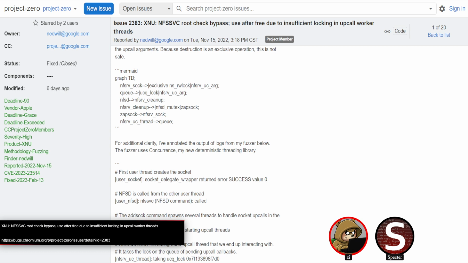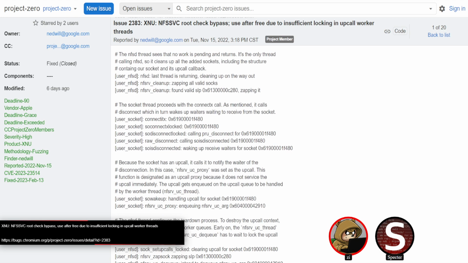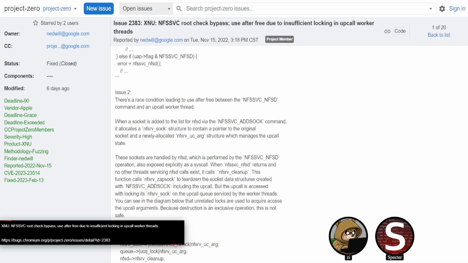effectively what it comes down to is when the NFSD thing returns, if there are no workers left, no threads working in there, it's going to try and clean up. So it's going to try and kill all the sockets that it created and all of that. It'll try and clean that up, and it'll grab a lock. And that lock is different from the lock that, I believe, when you're using AdSoc, will